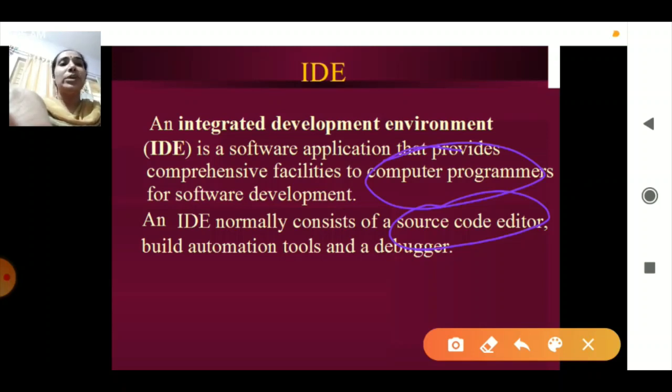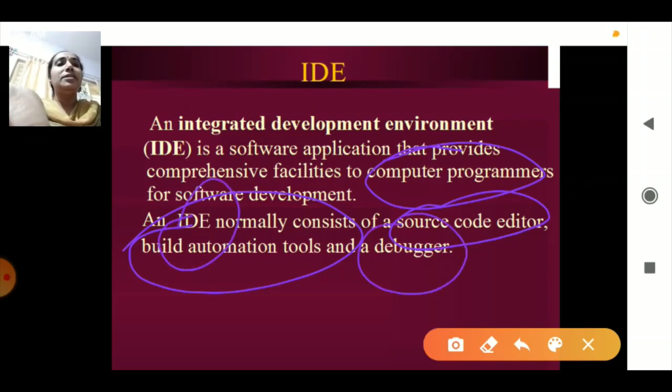Everything it will be showing the errors which are present, and even it will be providing the building tools. For example, if I want to place a form, I can place a form. I can drag and drop the elements. I want a text box, I can use it. All those tools are said to be provided by the IDE, and even it consists of a debugger which will be debugging the program. So that is said to be an IDE which will help the programmer to design everything, code everything, get the tools from the software, and then debug that particular software. So that is said to be an integrated development environment.